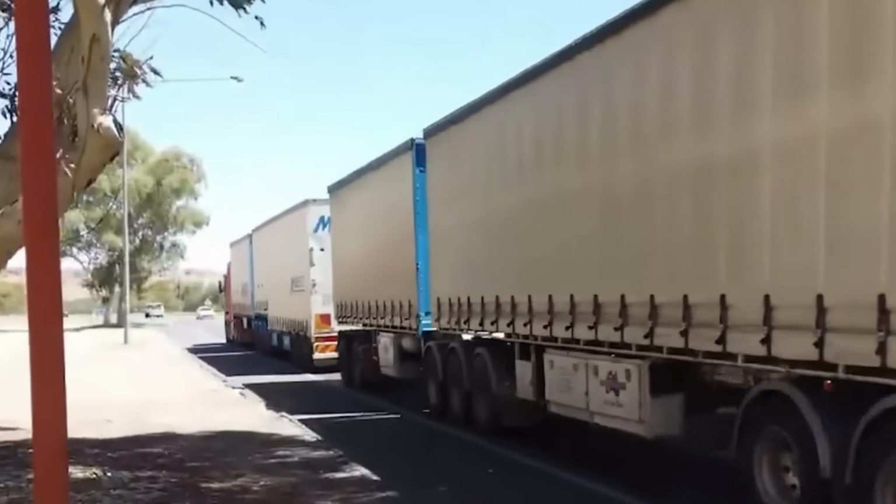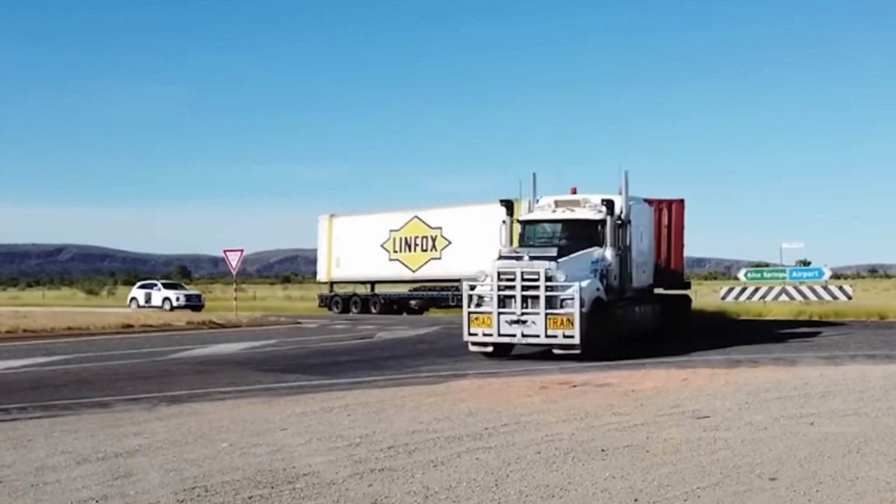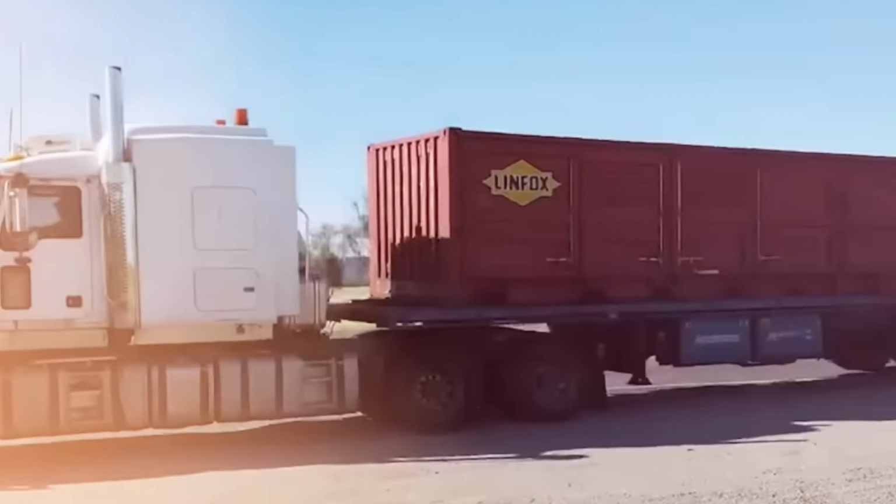But here's something to think about. Could road trains get even bigger? With advancements in truck technology, autonomous driving, and fuel efficiency, could we one day